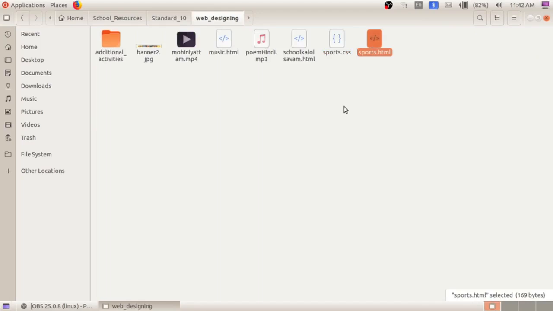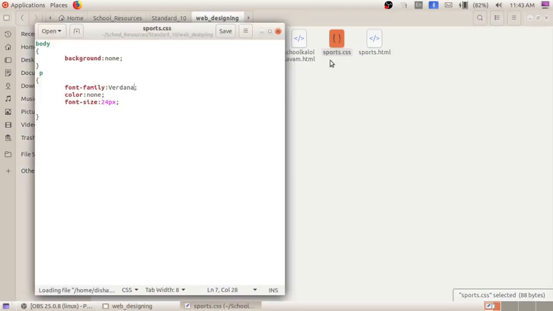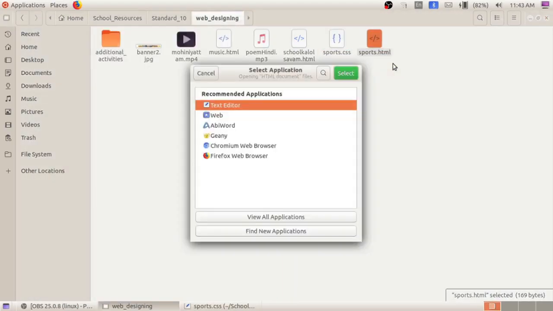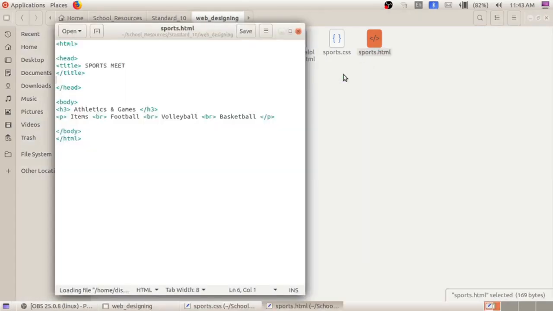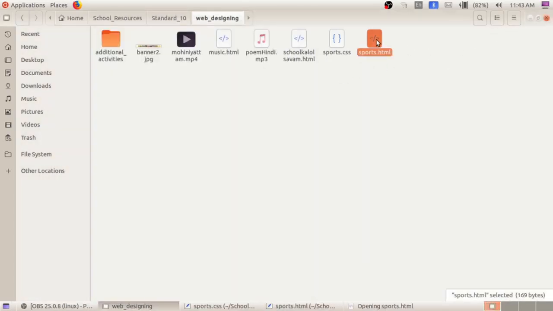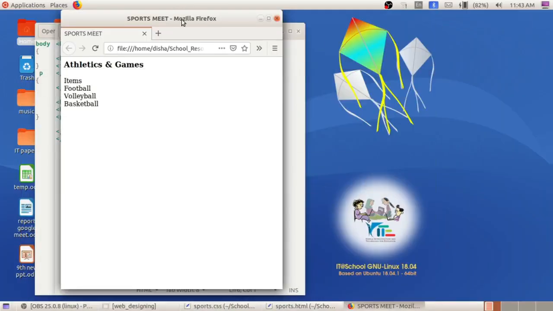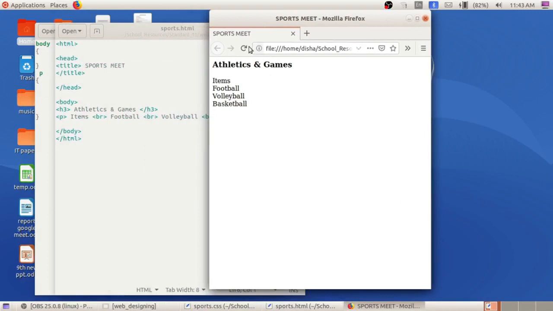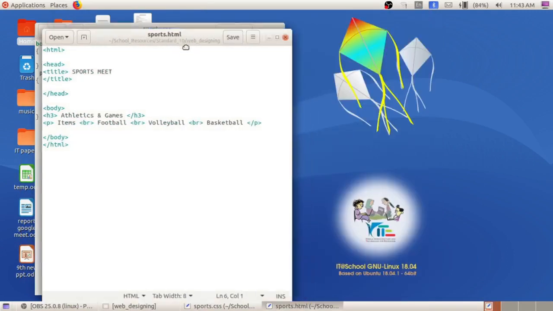So in your question, maybe they give like this two files and they will ask you to edit in this external cascading style. So open both files and you must perform the editing operation in sports.css file. Okay. This is what the meaning of external. So let's start to do this activity. Open both files, right click and open with other application. Select text editor. Open. And now our web page seems like this. No color. For the page and for this contents there is no style. So let's start doing the activity.